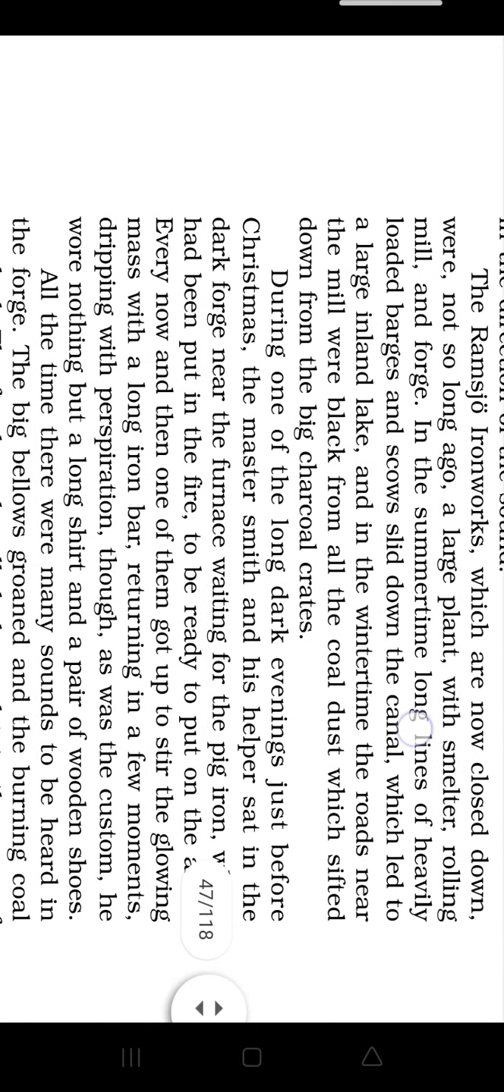Now, a little description is given of the iron mill from where the sound was coming. The Ramsau Iron Works, which are now closed down, were not so long ago a large plant with smelter, rolling mill, and